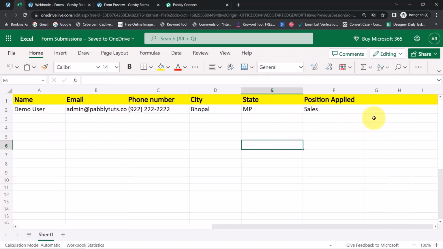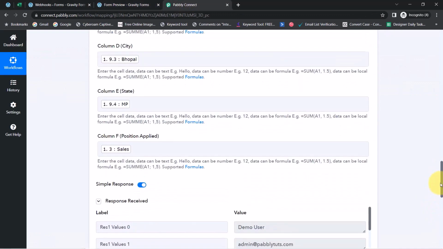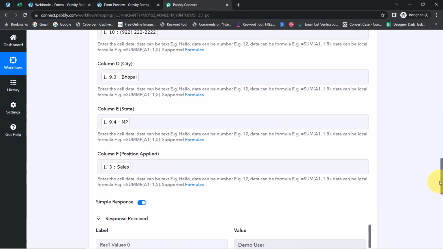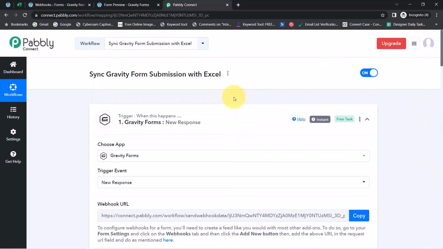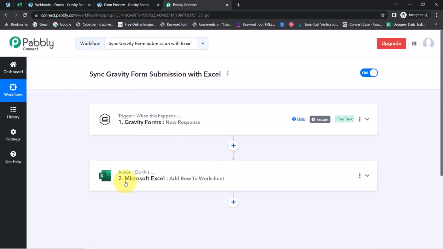You can create as many columns as you want, and this is how you have mapped the details via Pabbly Connect's dashboard. So in order to automate this process, you need to create this automation inside Pabbly Connect just once. After that, you can sit back and relax because Pabbly Connect will take care of all the tasks in the backend. You do not have to do anything manually. Simply set this automation once, and every time a new response is received, the details will be automatically collected into